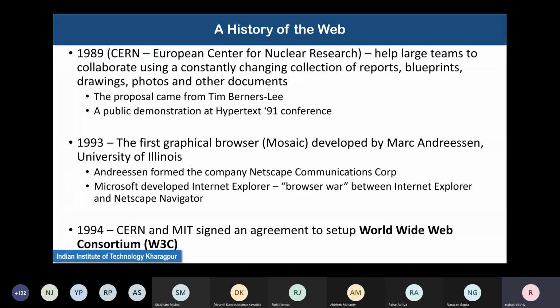I have used the Netscape browser. I remember the first computer I used had a Netscape browser along with the Internet Explorer browser. So Netscape Navigator and Internet Explorer were the two main browsers. I think the Netscape company probably no longer exists. So this started a browser war between the two companies. The advantage that Microsoft had was that Microsoft started bundling the Internet Explorer browser with its own operating system, Windows.